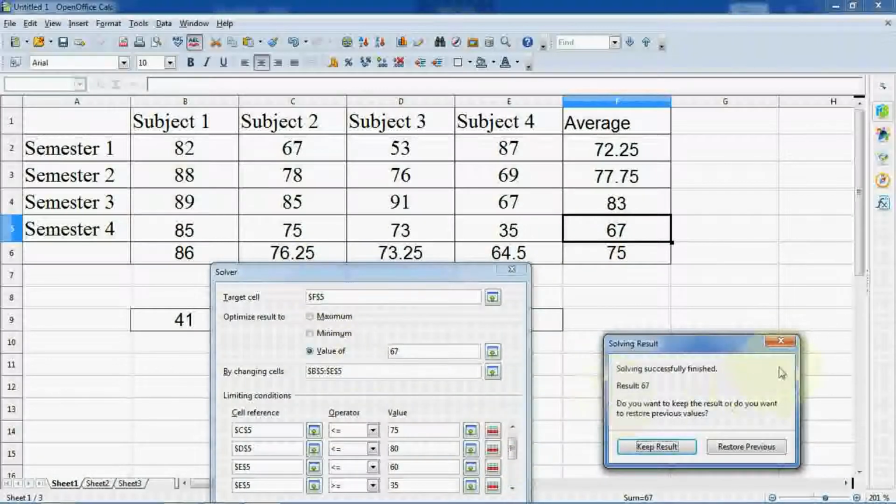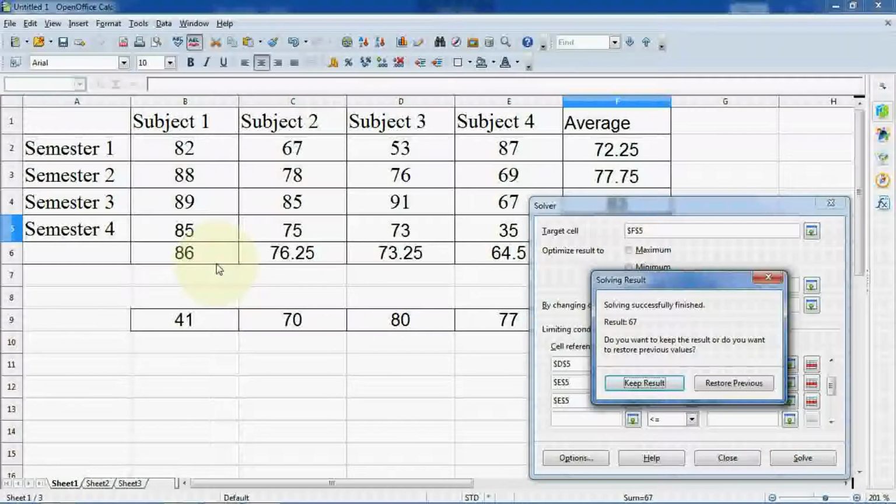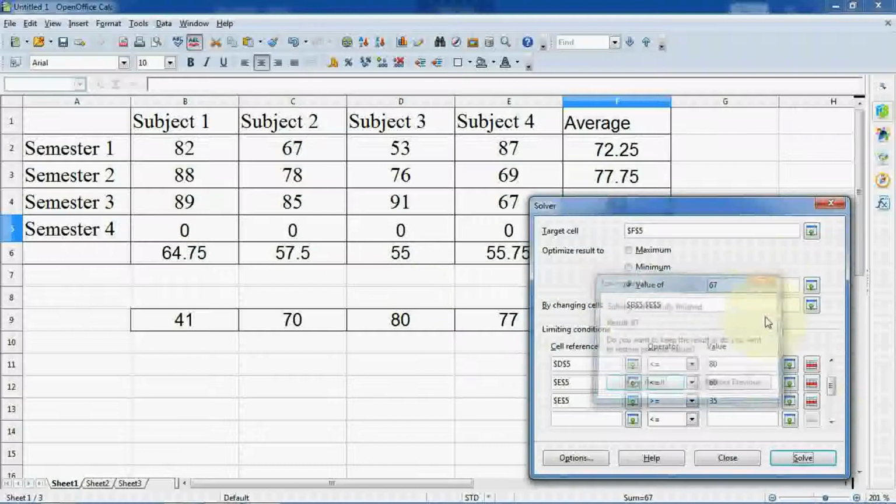Now let me change one more in C5. The first value is less than. Now I want to use greater than. In C5, it should be greater than or equal to 50 only. First, let me check what value it is showing. Okay, 85. But I don't want 85 marks there. In the first cell, 85 should not be there.